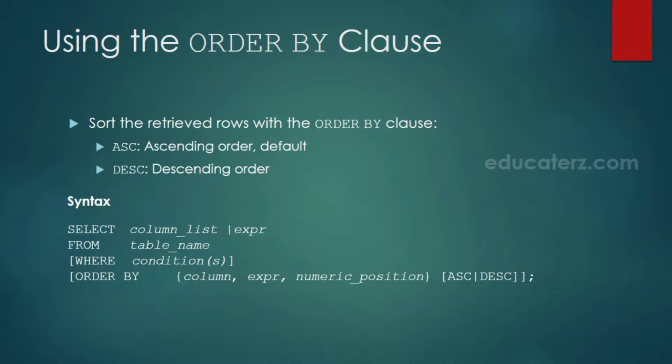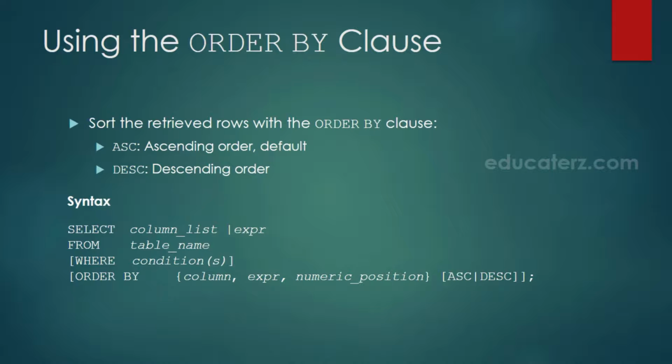Using the ORDER BY clause. You can use the ORDER BY clause in SELECT statements. The SELECT statement basically returns the results from the table in either ascending or descending order. You can sort the result set in ascending order or descending order by mentioning it.